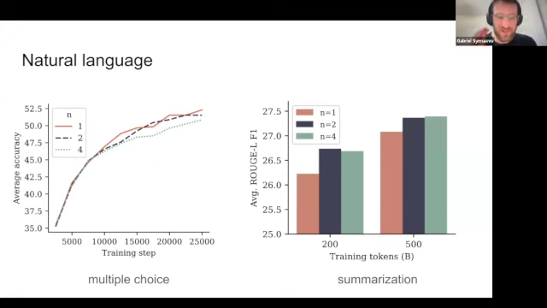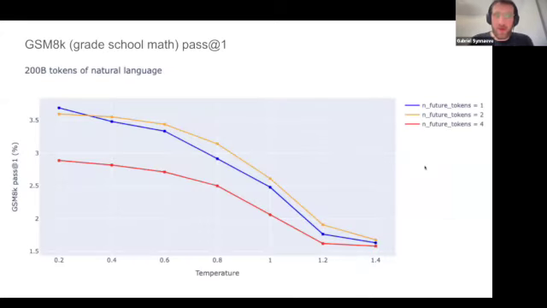So the answer you have to give is just one token. For giving an answer like that, it doesn't matter to predict more than one token. Whereas for those tasks for which it helps, like summarization and code generation, the output you're expected to give is a full generation with a bunch of tokens. In this case, you have a long text and you have to resume it in a paragraph. And in the case of code generation, you have a prompt and you have to generate a bunch of code to solve the test.